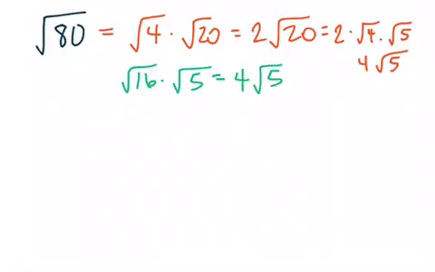Now, square root of 5 is not a perfect square. And remember, what's our objective? Remember step number 1. We want to remove all the perfect squares underneath the radical sign. Okay, so that's what we've done. We have removed all those perfect squares underneath the radical sign, and we are left with 4 in the square root of 5. And that is in simplest form. Okay, that's what we're doing here. Even though we do have a radical left, there is no perfect squares underneath, so we are good. Okay, all right, so let's take a look